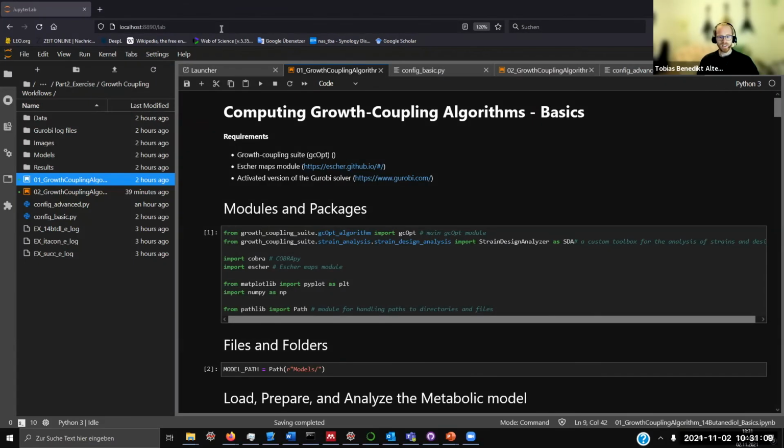Awesome. Thanks, Dan. Also, thanks for the pretty extensive introduction into the metabolic models, into reconstructions, and also the growth coupling algorithm that I'll be showing some hands-on in the next couple of minutes. I haven't heard from anybody about the growth coupling suite, or if there were any other problems. So I assume it is all right, and at least the